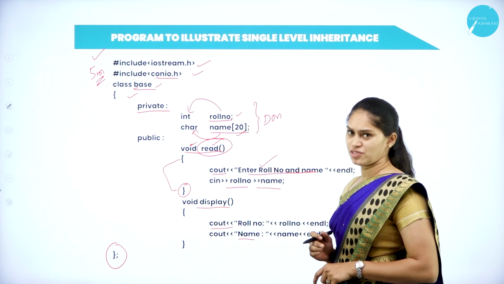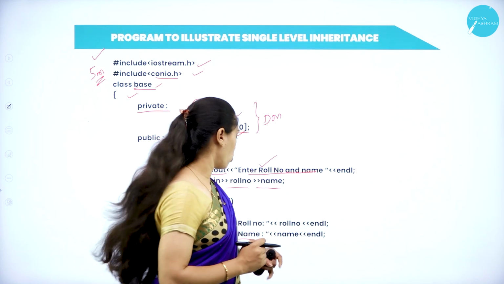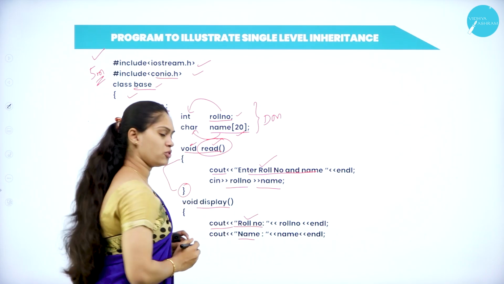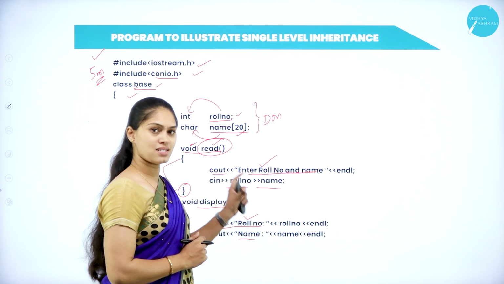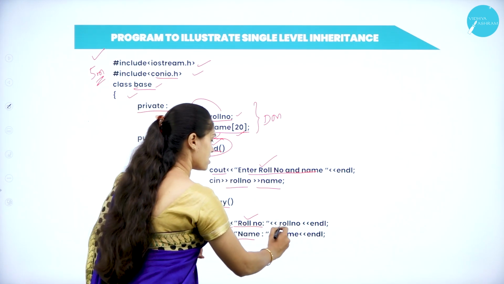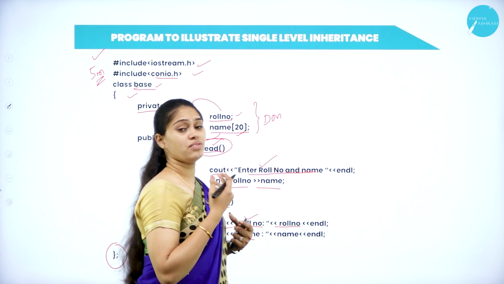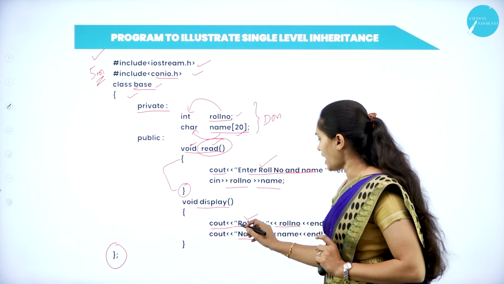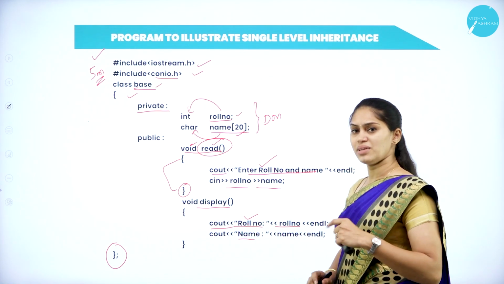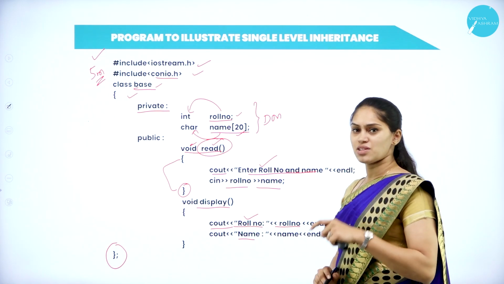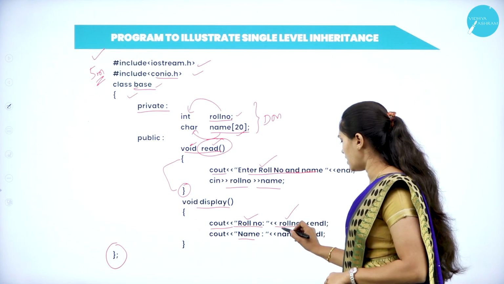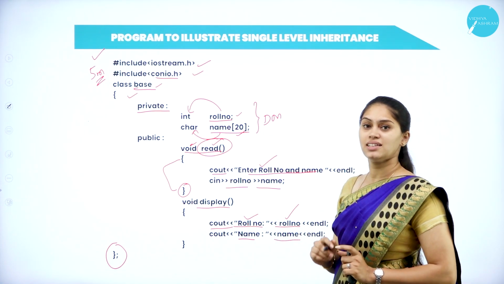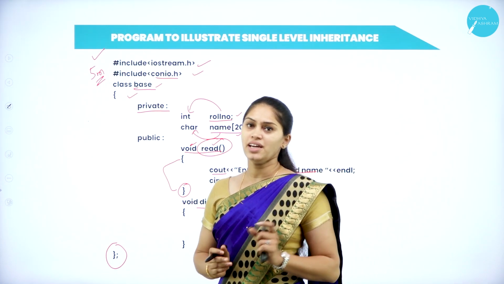Here, by making use of the cout statement, I am displaying the roll number as well as the name. Whatever I put within double quotes will be displayed on the screen as a statement. If I use the same name as a variable name, then whatever content is there will be displayed on the screen. Okay. So here I am taking roll number and name, and I am displaying the content of roll number as well as name, which resides in the variable rollno, and I have one more variable, that is name. So the content will be stored there.